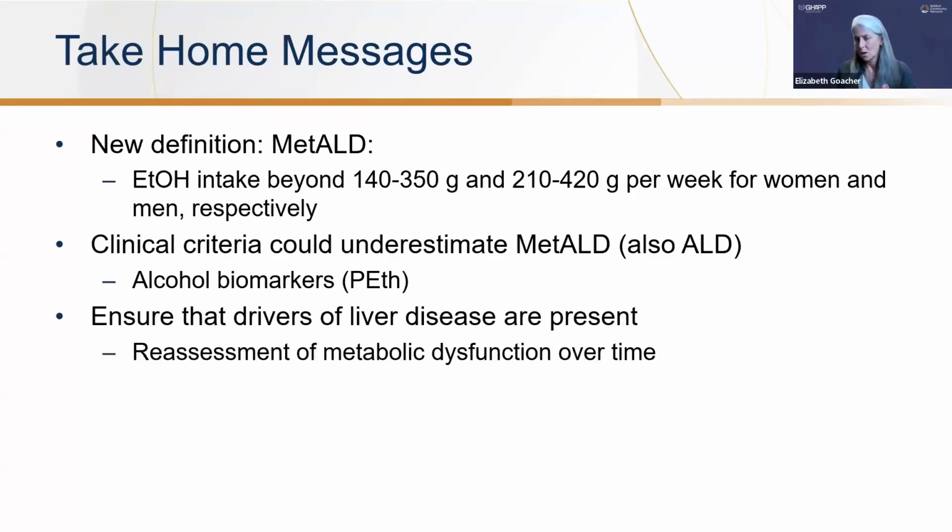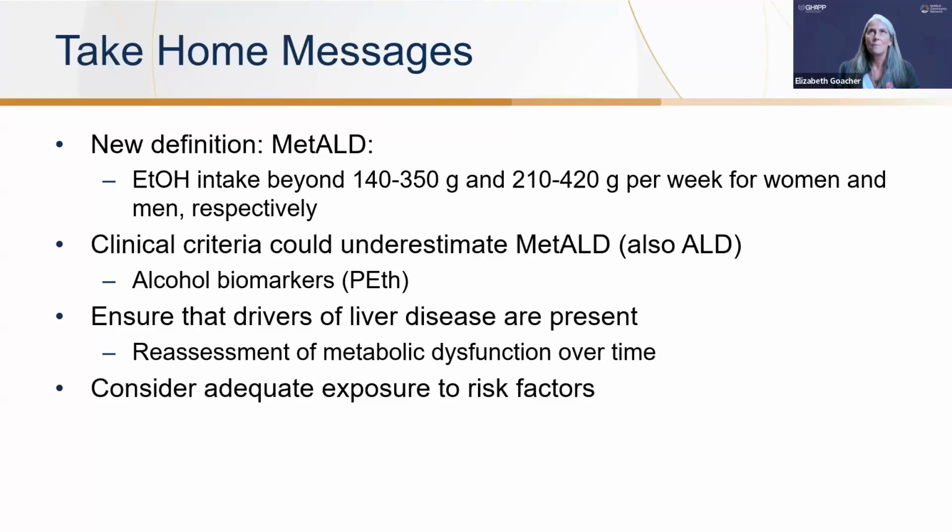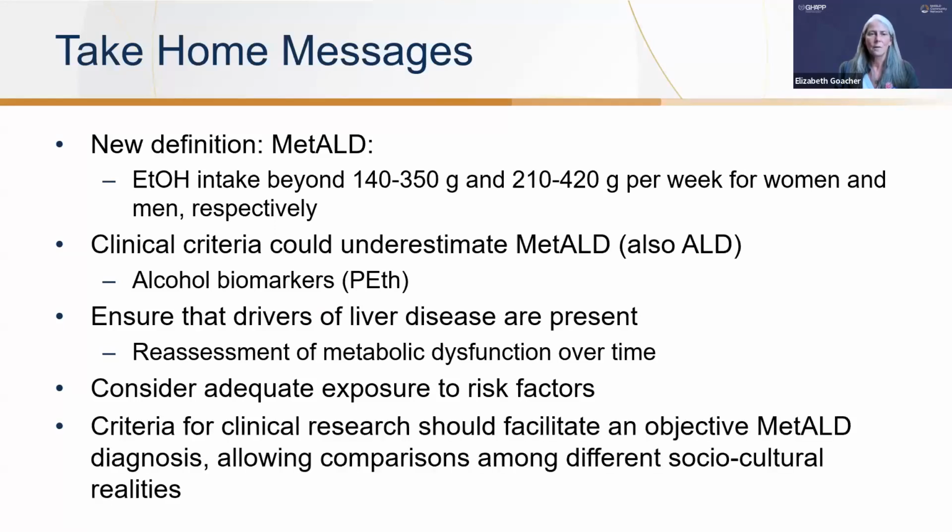If somebody's reporting zero alcohol and you do a PEth test on them and it's positive, you have not helped them with confronting a liver disease. What you've done is make them not trust you, so that they don't give you further honest answers in the future. So make sure you're taking permission to make that assessment. And then look for all the other drivers of liver disease to see if there's anything driving this dysfunction and this stiffness score that isn't accounted for in your history.